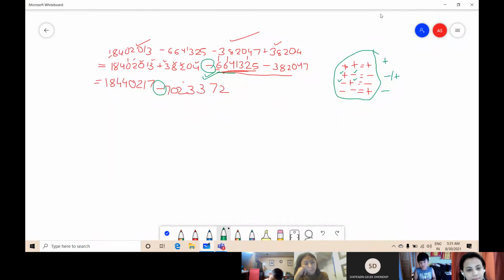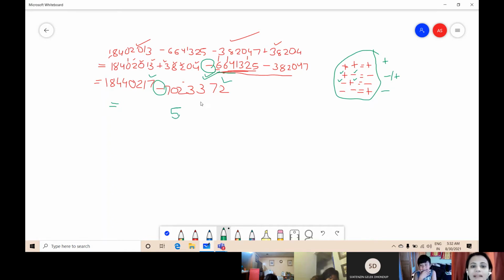Now see the next step. What next we will do? Now next we will subtract. Now here see, here is the sign of addition, the sign of subtraction. Now we will subtract. Now 7 minus 2. See, subtract the ones place together. This is the ones place. This is the ones place. So we'll subtract both the ones place together. 7 minus 2 is 5. So in the ones place I have written here 5.